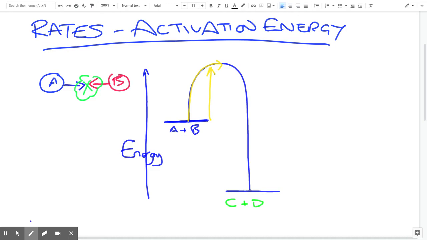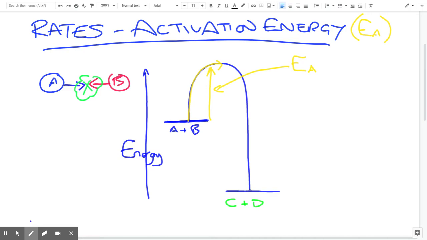And they have to have this minimum amount of energy. And this minimum amount of energy is something called the activation energy. And as we say, it is the minimum amount of energy required for a successful collision to occur. So lots of collisions have been occurring. We change concentration, we change pressures, we change surface area, etc., etc. We change the number of collisions. Not all of those collisions